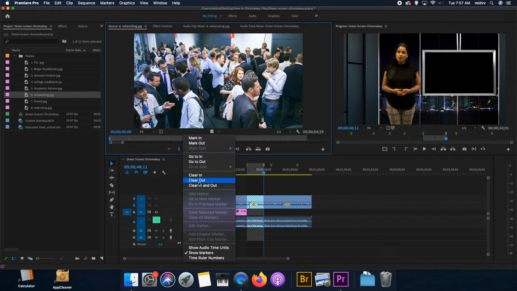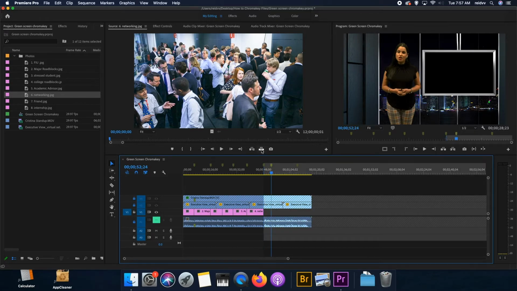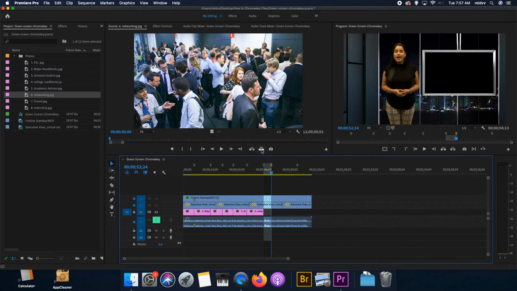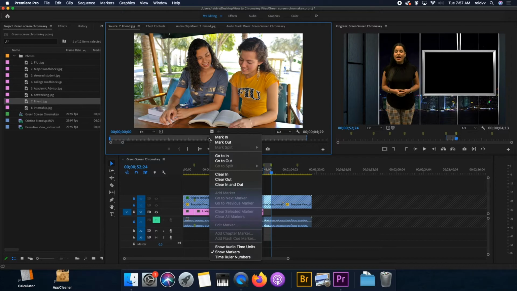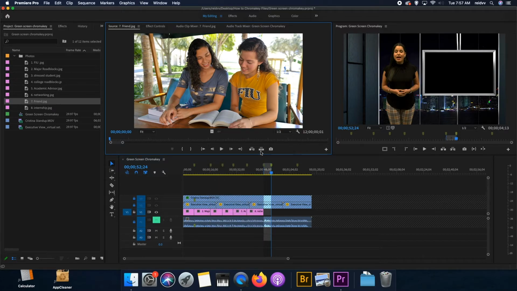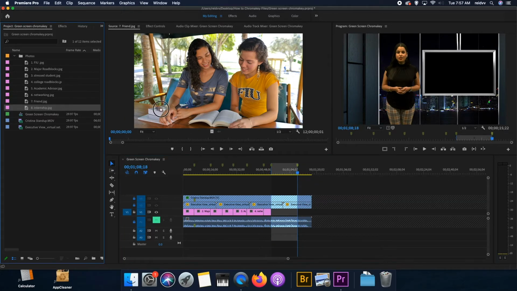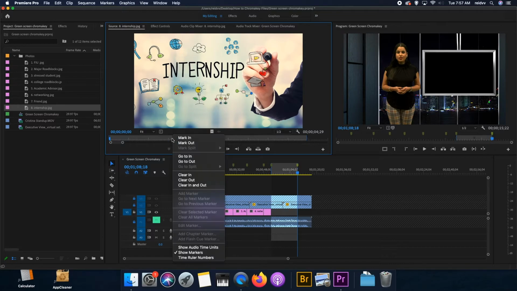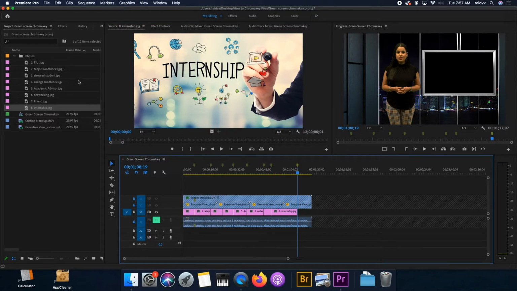Right click, clear in and out, overwrite, then mark in again, Shift M, mark out. This is the friend. Right click, clear in and out, overwrite, mark in, Shift M, down. This is the internship. Right click, clear in and out, overwrite, and then we're going to reuse this last picture